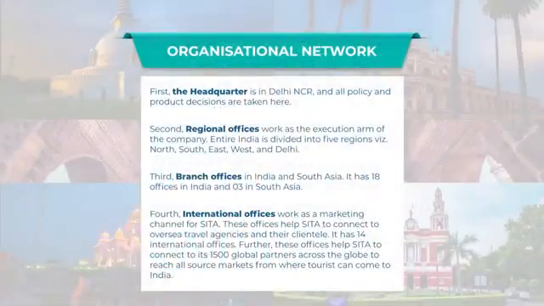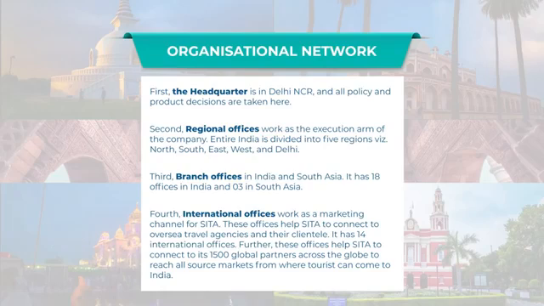To handle such a large-scale operation, SITA needs a robust organization structure. The company has developed an organization structure both in terms of national offices as well as international partners. The network of the company can be discussed in 4 levels. First, the headquarters. The headquarters of the company is in Delhi NCR and all the policy and product decisions